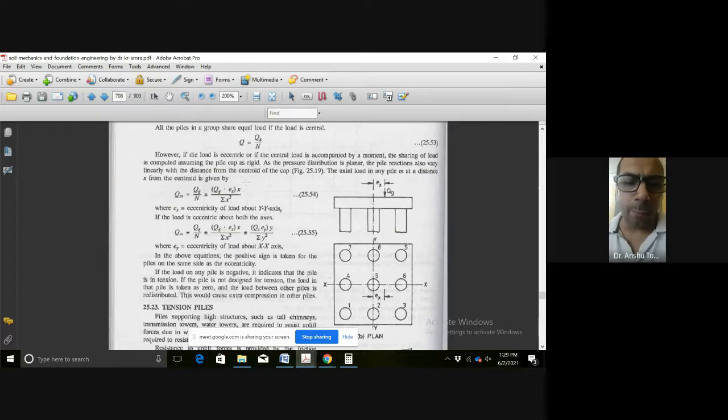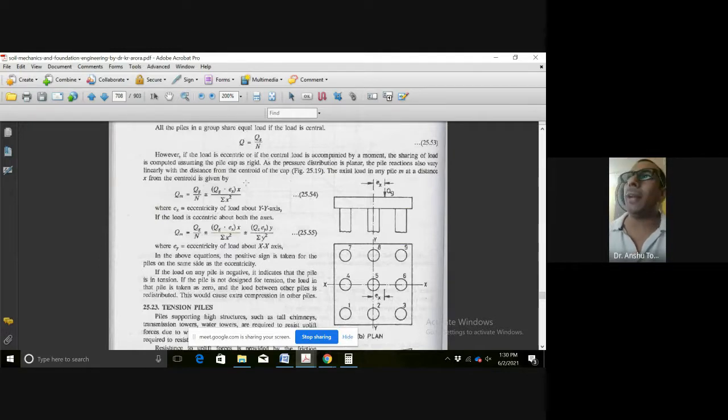Okay, I will explain. P upon A plus minus M by Z. P upon A is axial stress and M upon Z is going to give us the flexural stress. जो फ्लेक्सुरल बेंडिंग होती है उससे जो स्ट्रेस आता है वो M अपॉन Z से निकल के आता है, और P अपॉन A इज एक्सियल स्ट्रेस. जब हम कॉलम डिजाइन करते हैं, अगर कॉलम बाईएक्सियल बेंडिंग है तो एसेंट्रिसिटी के कोरस्पॉन्डिंग जो मोमेंट आ रहा है, जो सेक्शन मॉडुलस है, वहां से फ्लेक्सुरल बेंडिंग के कोरस्पॉन्डिंग स्ट्रेस निकलेगा. And similar concepts are used everywhere.